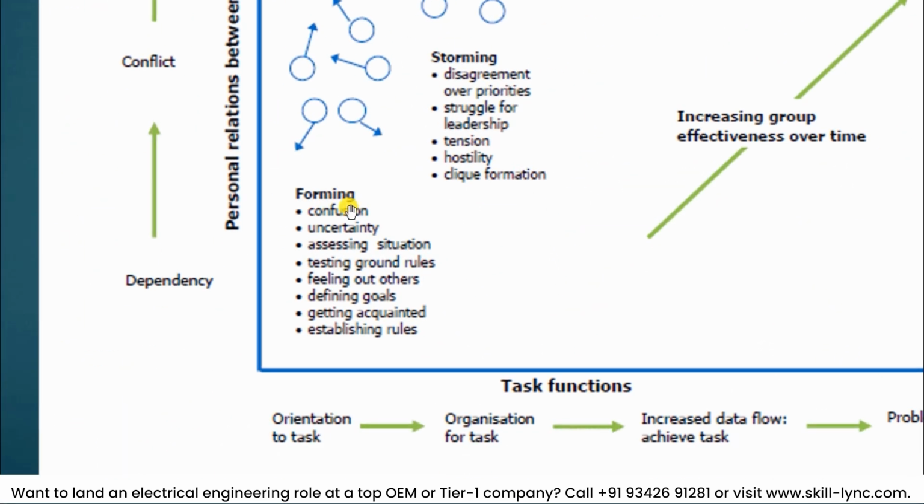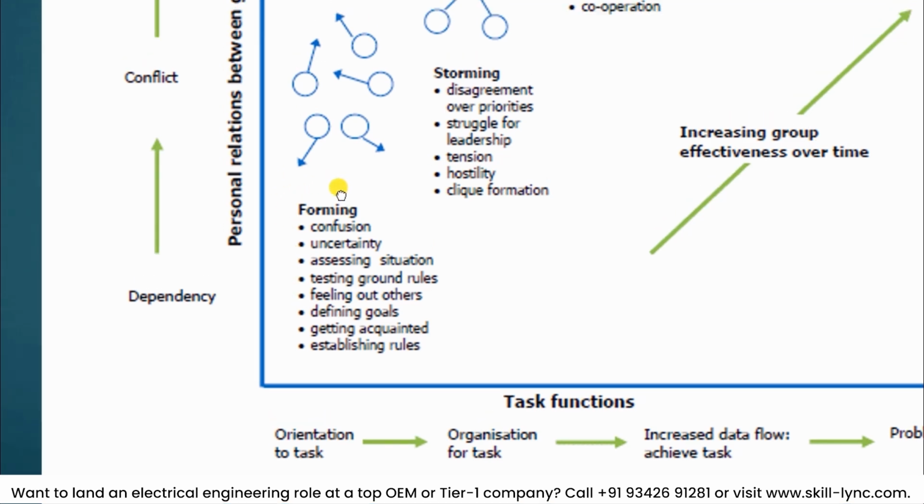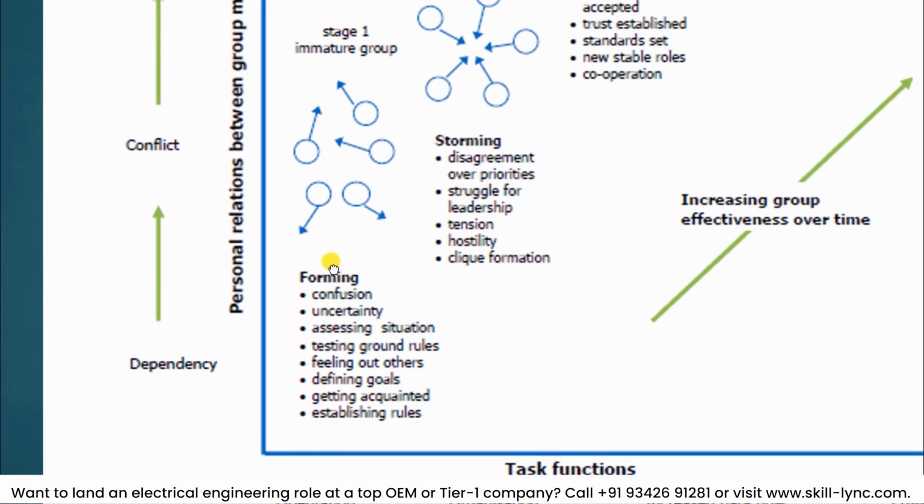So first we'll focus on the first stage. The first stage is the forming of the group or the team. What happens once you put together a fresh project is that a group of heterogeneous people come together, as we've seen in the earlier slide. These people can be masters of their own trade, but as a group they do not have the proper cohesion. They are still an immature group.